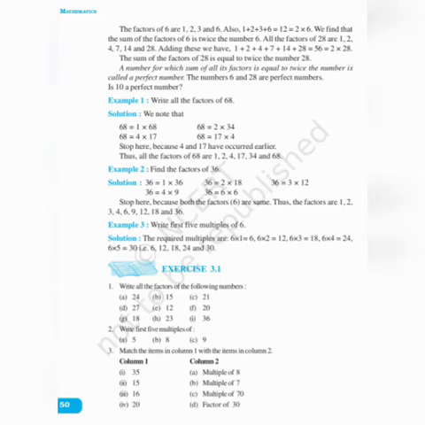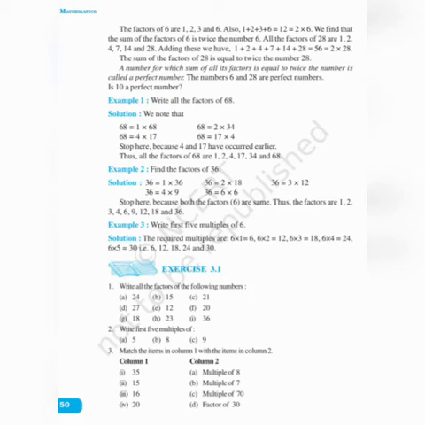But if you take 10, what are the factors of 10? 1, 2, 5, 10. It is finite, and all the factors are less than or equal to 10. Now shall I add all the factors? 1 plus 2 is 3, 3 plus 5 is 8, 8 plus 10 is 18. How will you write 18? 2 into 9. But my answer should be 2 into 10, twice that number 10. But here it is 2 into 9. So 10 is not a perfect number.